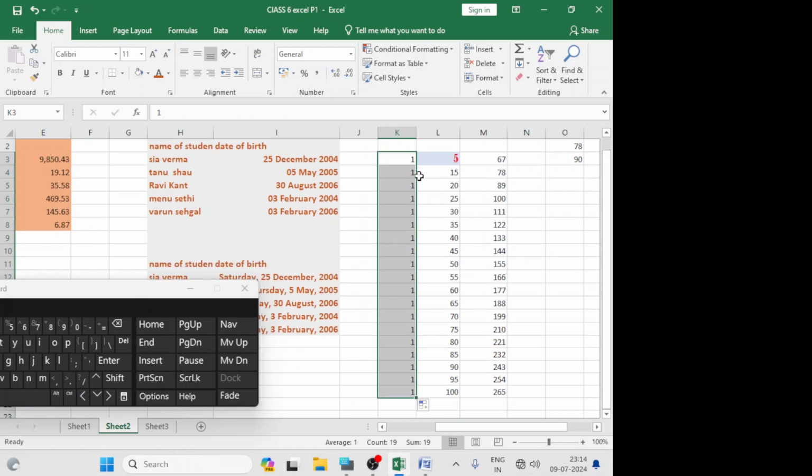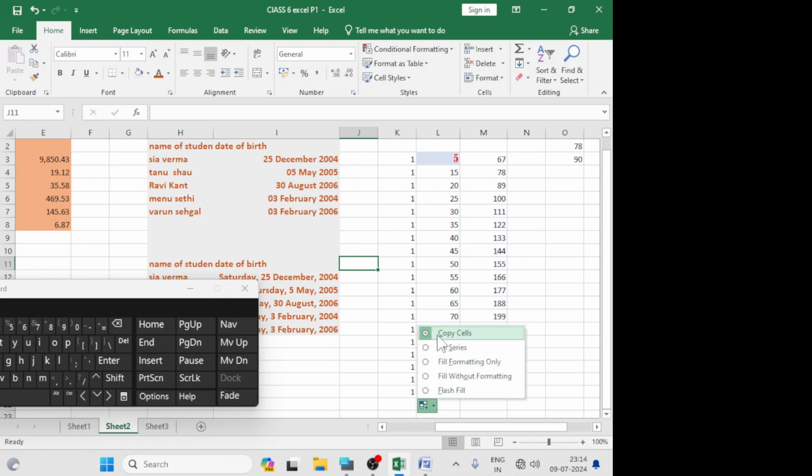Now you see that this series has been filled with the same number 1. This is known as copy cells. You click on this arrow mark and then you will see copy cells.